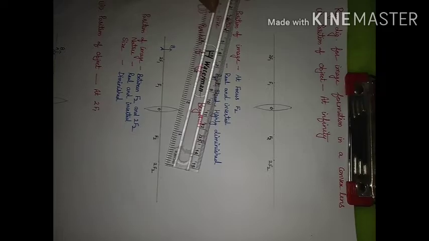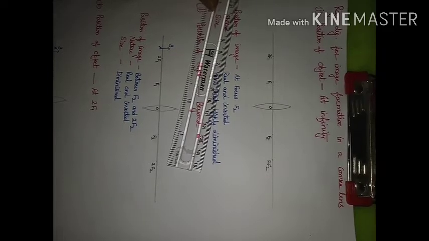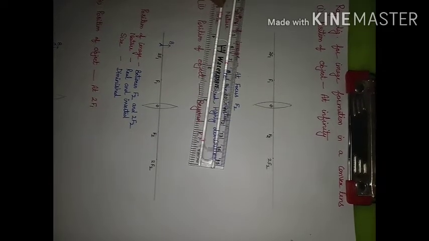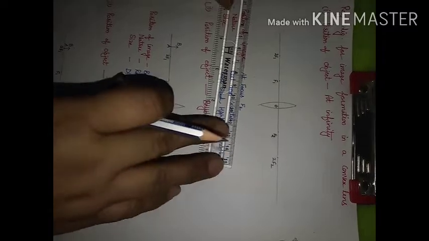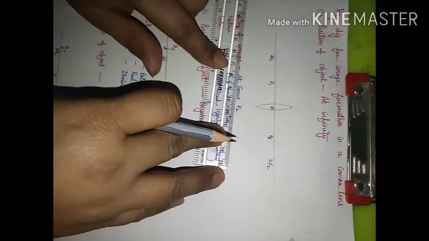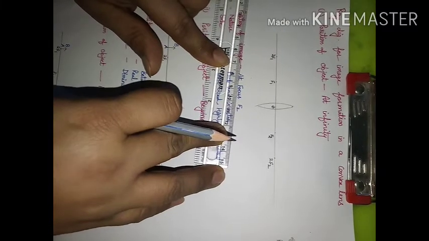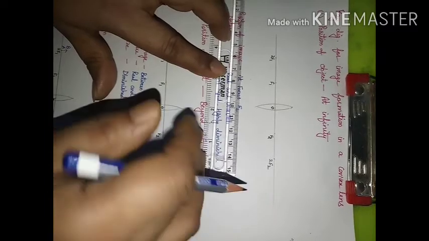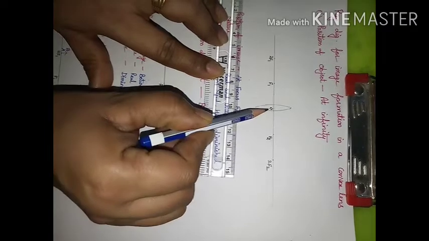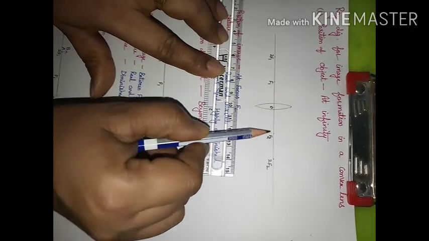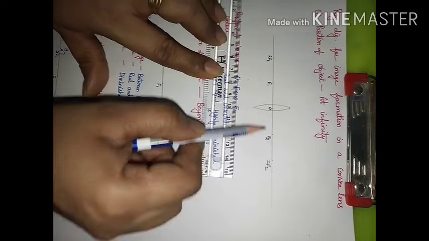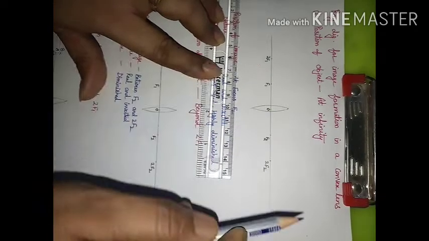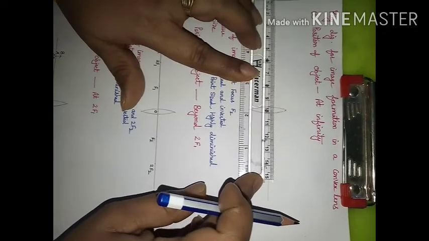First, we are going to consider the position of the object at infinity. So when the object is at infinity, we will consider we are getting a parallel beam and the rays are parallel to the principal axis. So this is the convex lens, this is representing its optical center, focus F2, F1, 2F2, 2F1. So we will consider a ray of light